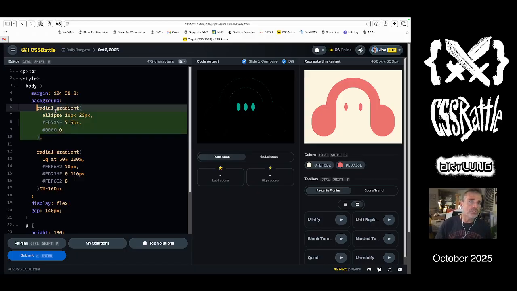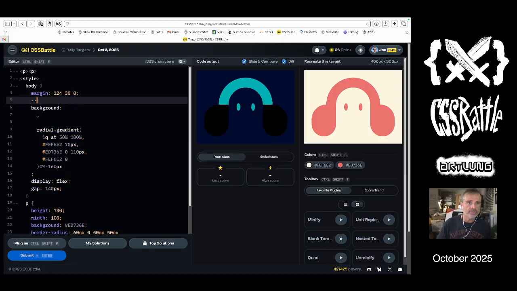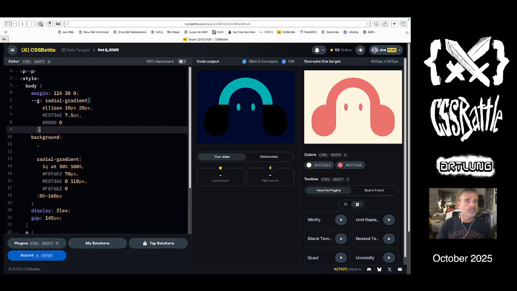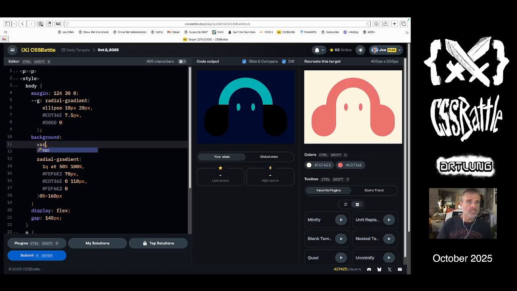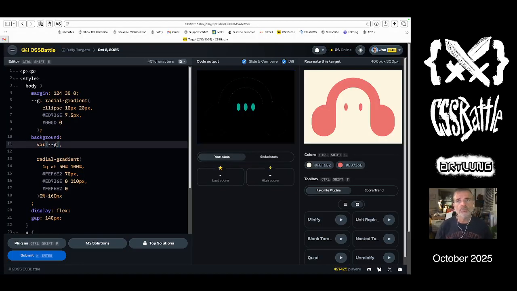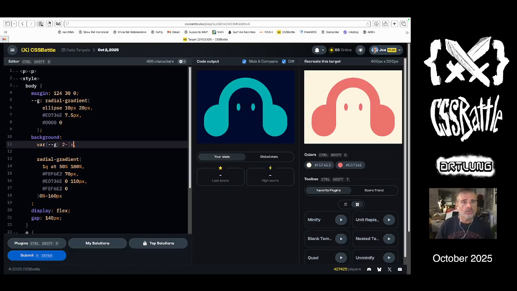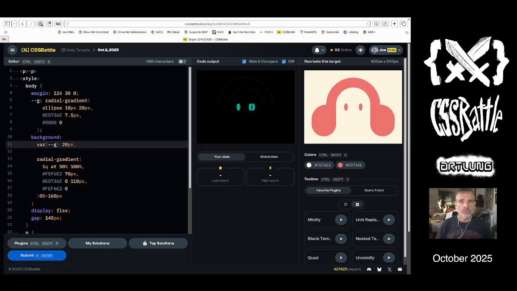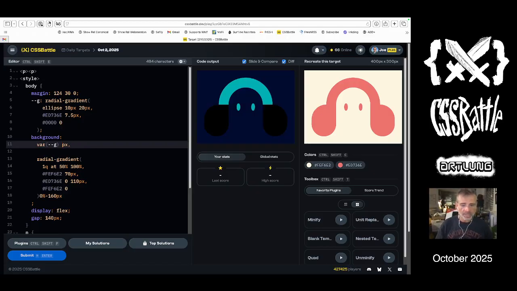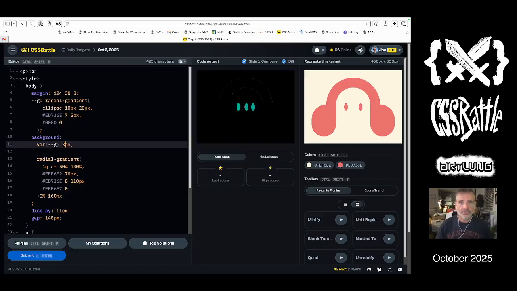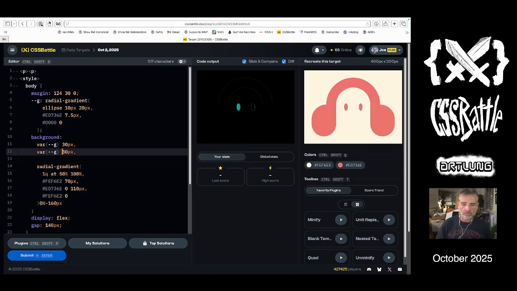I think I'm going to reuse this, this is the one that I want. I'm going to put it into a variable, --g, colon, boom, and we're going to use var g, and then change the x position a little bit. It looks like it's dead center, right? This is an alignment. We've done nothing in terms of an at or a background position. So if I add 20 pixels, that should move it 20 pixels over, or 30 pixels over, or 31, or 29, 30. Okay, so then if we copy and paste the same thing, and then put that at -30,